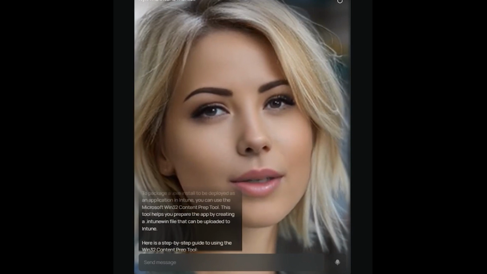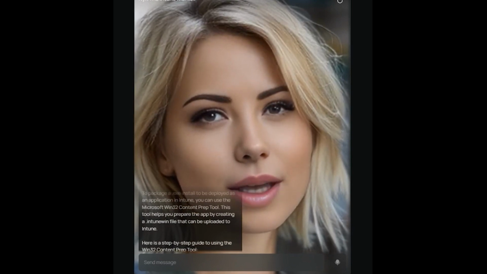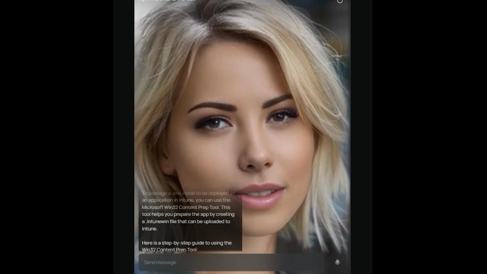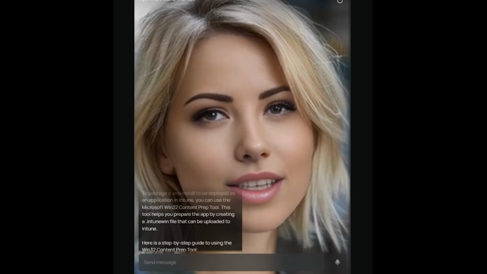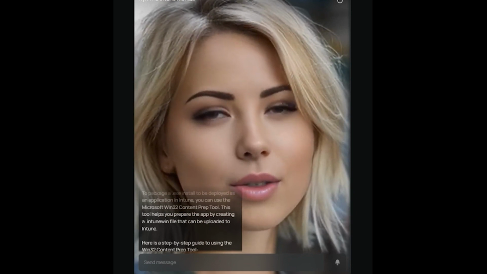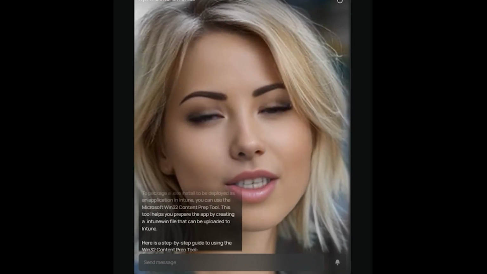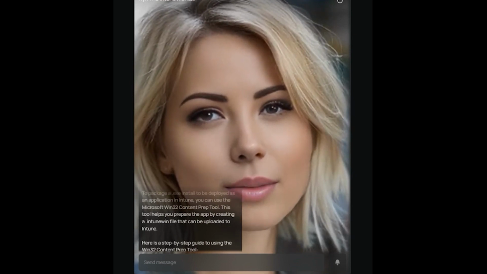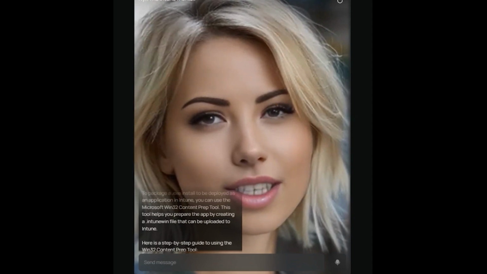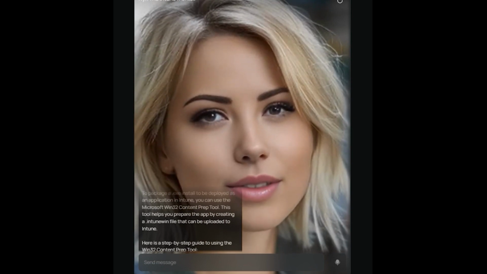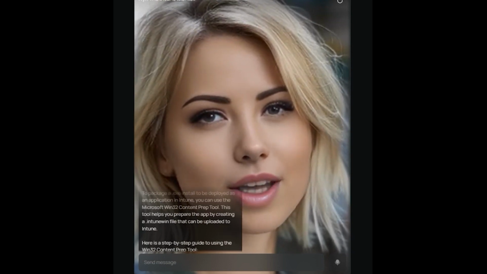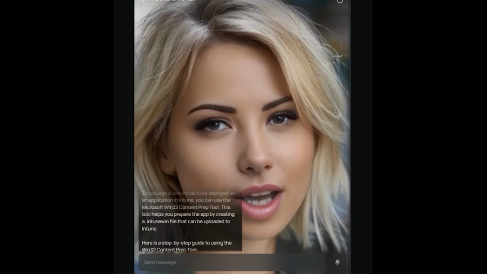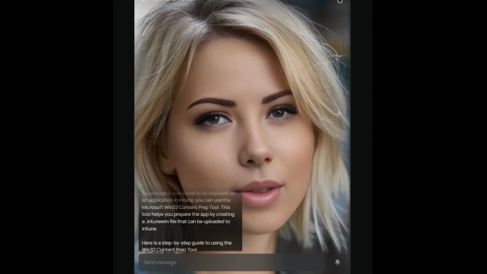To package a exe install to be deployed as an application in Intune, you can use the Microsoft Win32 Content Prep tool. This tool helps you prepare the app by creating a .intune win file that can be uploaded to Intune. Here is a step-by-step guide to using the Win32 Content Prep tool. 1. Ensure that you meet the prerequisites for Win32 app management, which include using Windows 10 version 1607 or later, Enterprise Pro and Education versions. 2. Download the Microsoft Win32 Content Prep tool from GitHub as a zip file. The zipped file contains a folder named Microsoft Win32 Content Prep Tool Master, which contains the prep tool, the license,